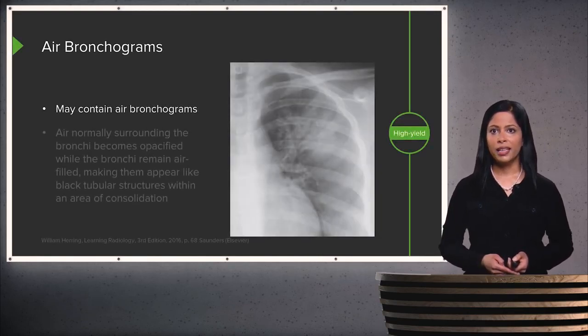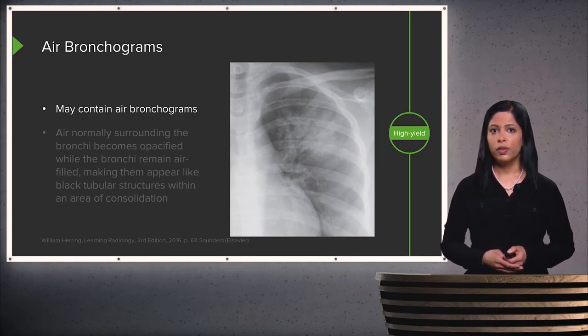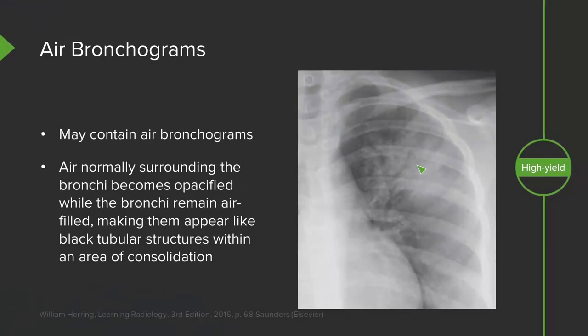So let's go over some signs of consolidation. When you have an area of consolidation, it appears white as we saw on a chest X-ray, and it may contain what we call air bronchograms. So the air that normally surrounds the bronchi becomes opacified and appears white, while the bronchi remain air-filled. So it makes them appear like black tubular structures within the area of consolidation. So you can see here, this area is the area of consolidation in the left upper lobe. Within this, you see these linear black tubular structures that represent air bronchograms, and this is one of the key